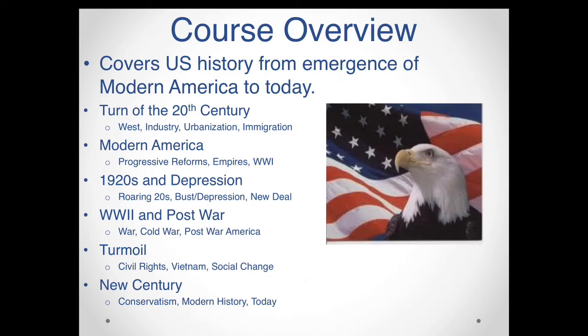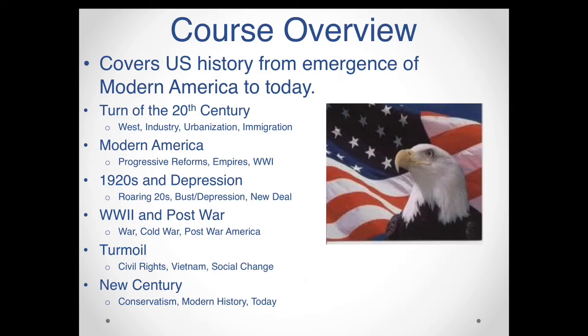So this is the second half of U.S. history. We basically cover from post-Civil War America, the emergence of modern America with expansion westward, growth of cities, industry. Then we see that the excess of the late 1800s leads to some progressive reforms. We become a more democratic nation with direct election of senators and so forth. We begin to acquire our own empire, with territories outside of the continental United States being added to our country.